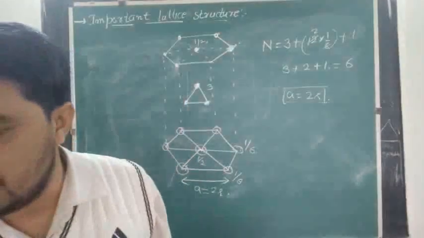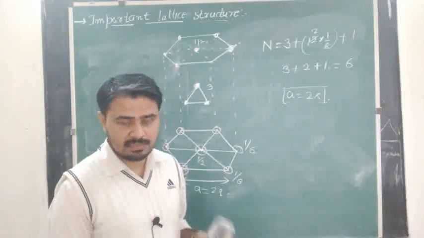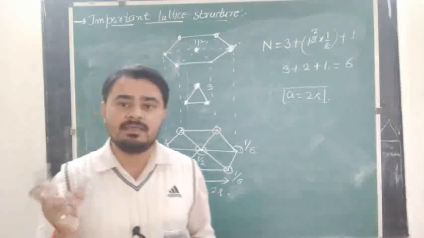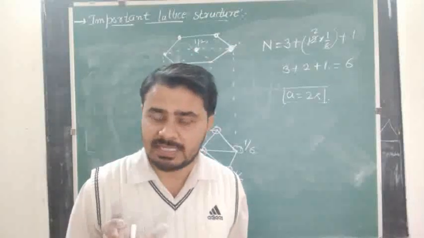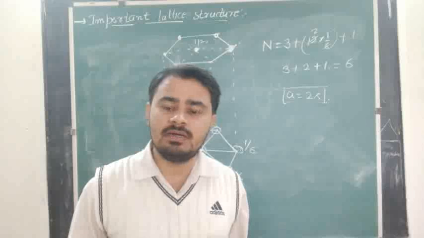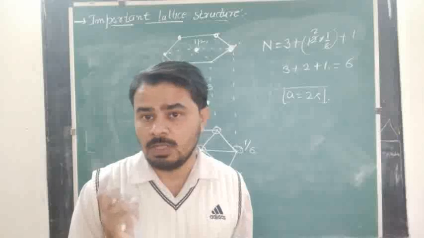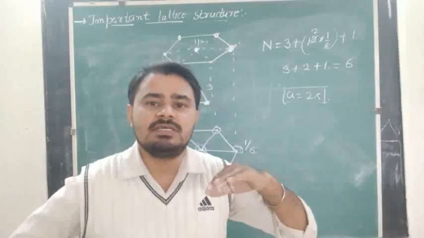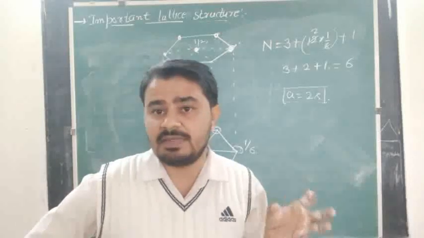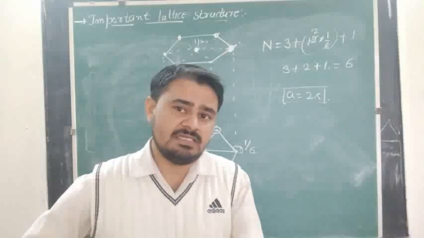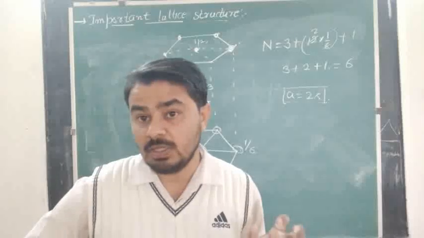After that, I am discussing the packing fraction of different unit cells. Packing fraction is basically the space occupied by atoms to the space occupied by the complete unit cell. That ratio gives you an idea of close packing or loose packing. If its value is generally above 60%, then it is close packing, and if it is less than 60% or 50% approximately, then we say it is loose packing.